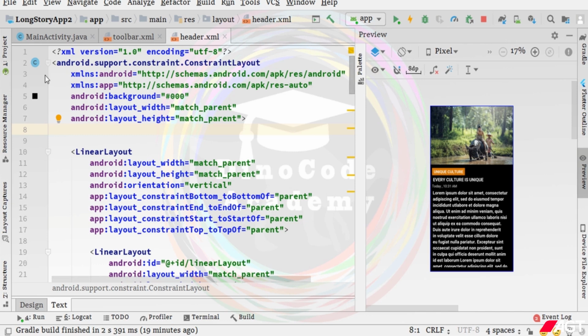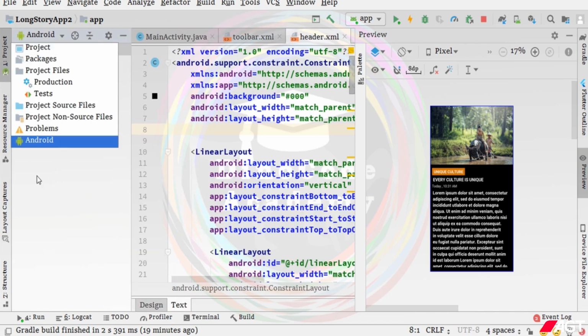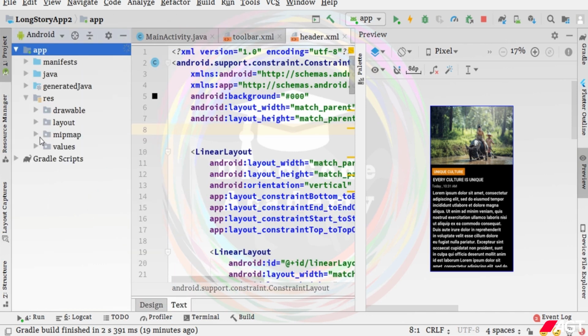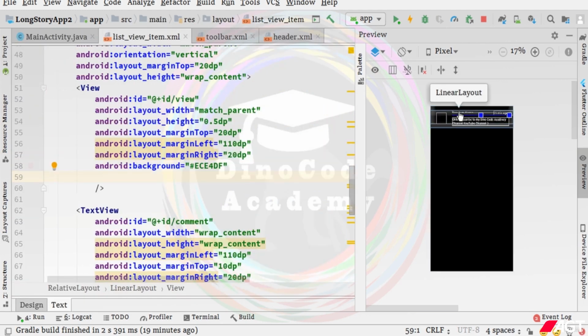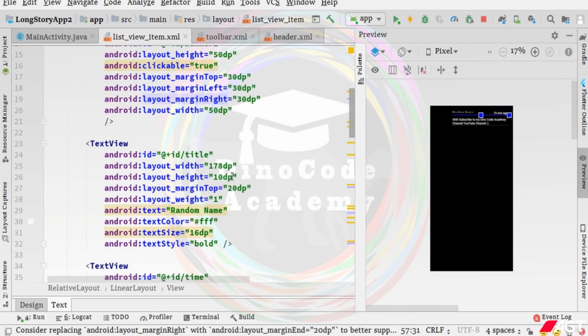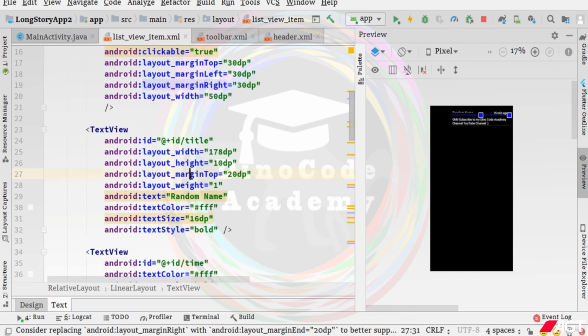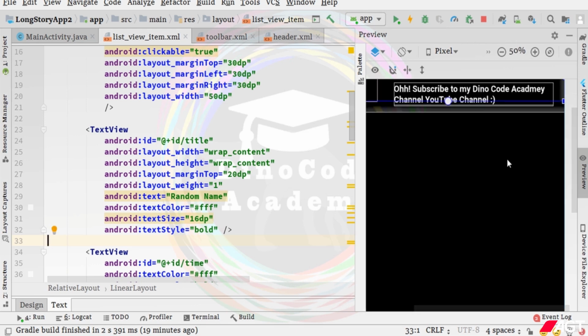just open our list view item XML file. Expand the directory of app, res, layout and double click on it. And here, first, what I need to do is select this text view that is at the top, this one. First we need to make sure that it is wrap content. Now, if I zoom in, you can see that